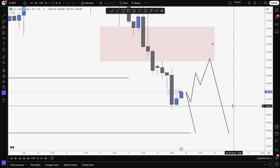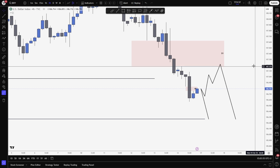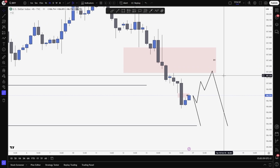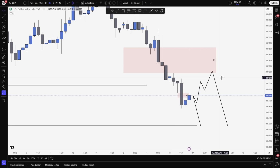You know, I always preach be open-minded, always consider the two sides of the market, never marry any setups. Don't say the market is gonna go short. But currently, I literally do not see any longs. Everything is pointing to the short side, so I'm comfortably and confidently saying that I'm bearish on the dollar. Those are my two levels that I'm going to be looking to short from,